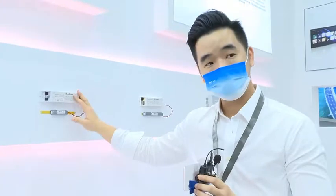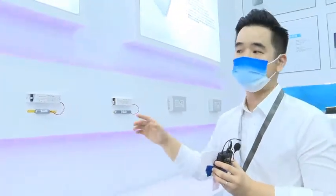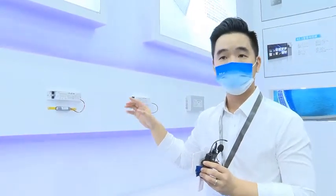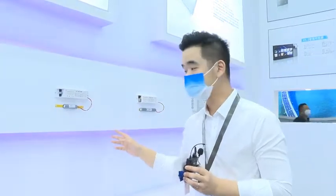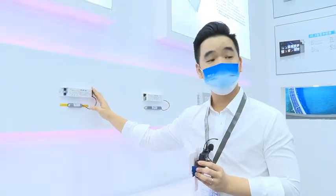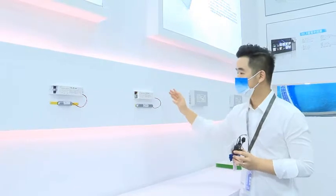Being lower requirement, the other emergency power packs can work with LED lamps of up to 300 watts and an output voltage of 400 VDC. This can only work with 200 watts and 200 VDC of voltage power. And then we have our